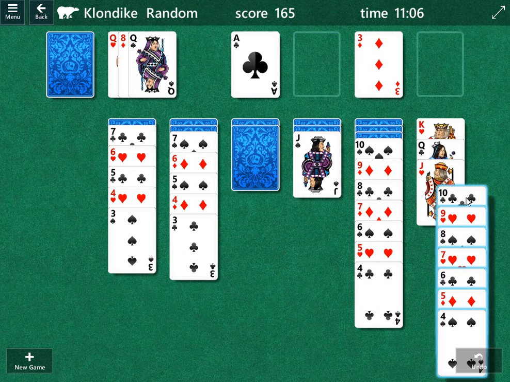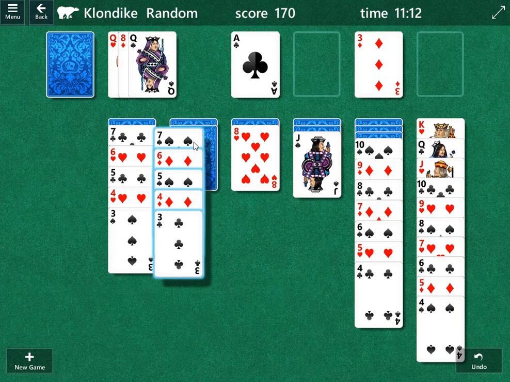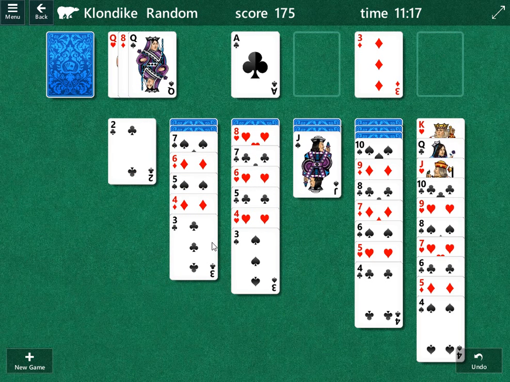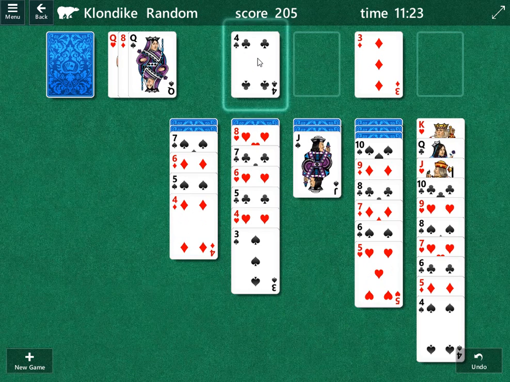And keep our fingers crossed here. 8. That's an interesting card because that allows us to play both of the 7s. So we'll see which one works. Let's play the 7 of clubs. That's an interesting card. 2 of clubs, 3 of clubs. We can do 4 of clubs. Now we can possibly work...